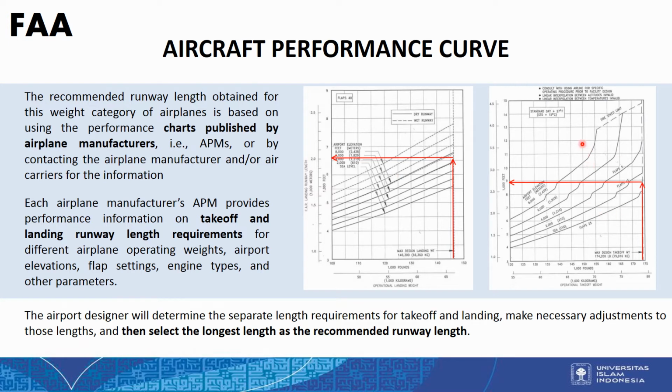And the airport designer will determine the separate length requirement for takeoff and landing. Then we will make an adjustment for the length, and then we select the longest length as the recommended runway